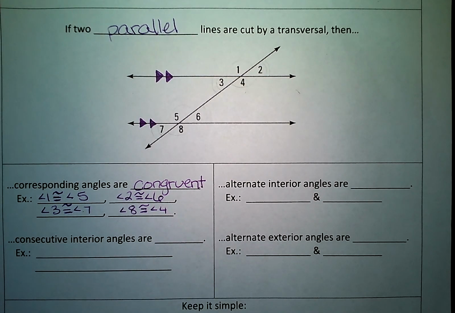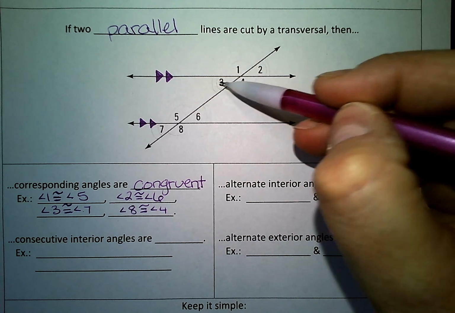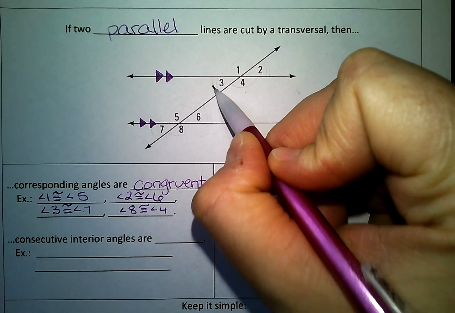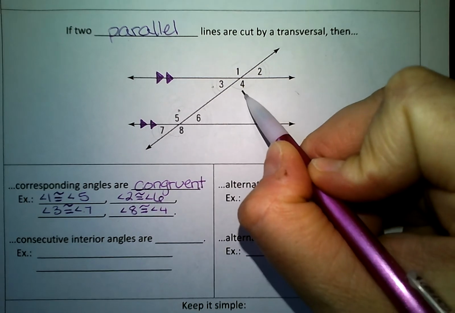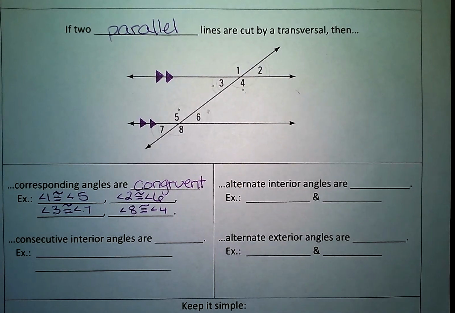Next, let's think about consecutive interior angles. The word interior means we're looking at all the angles that are in between the parallel lines, which are angles 3, 4, 5, and 6. The word consecutive means that the angles must be on the same side of the transversal. So,